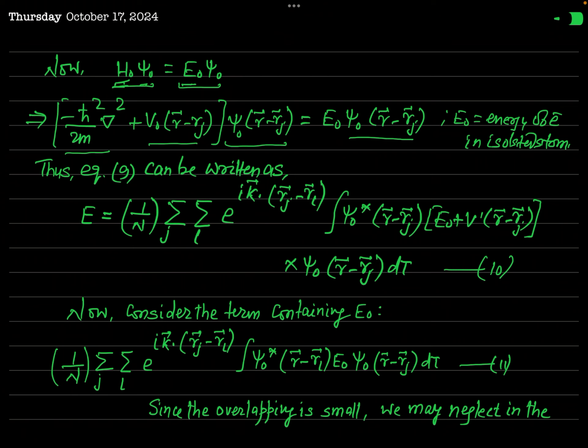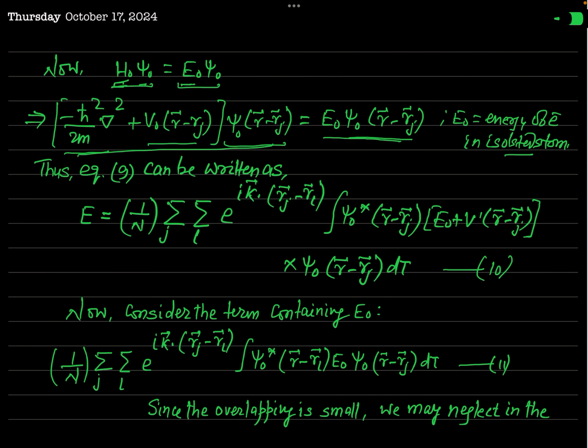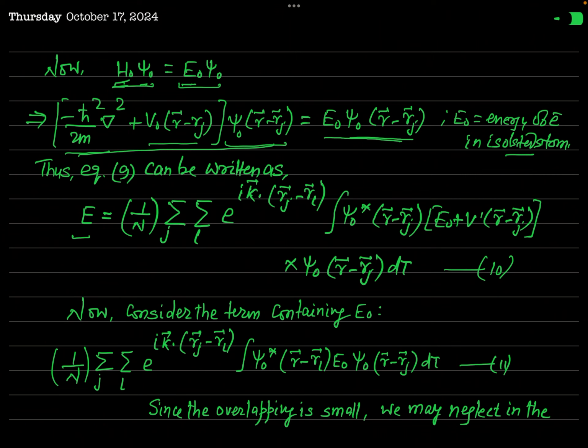So I have written here, you can see E naught, the energy of the electron in an isolated atom. If you have defined this expression equal to E naught psi naught of r minus rj, then this equation 9, using that result, can be written like this: E equals 1 over n summation over j summation over L